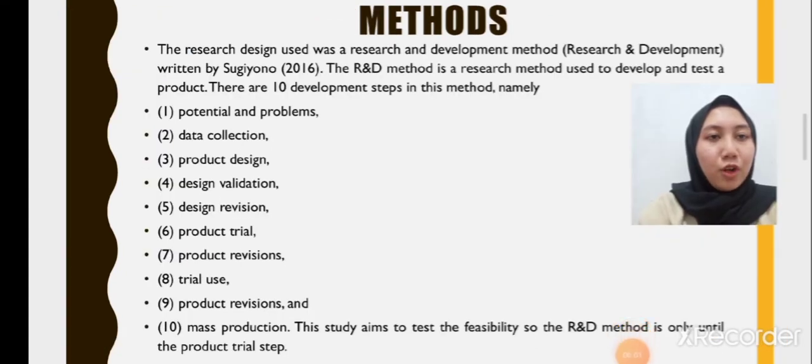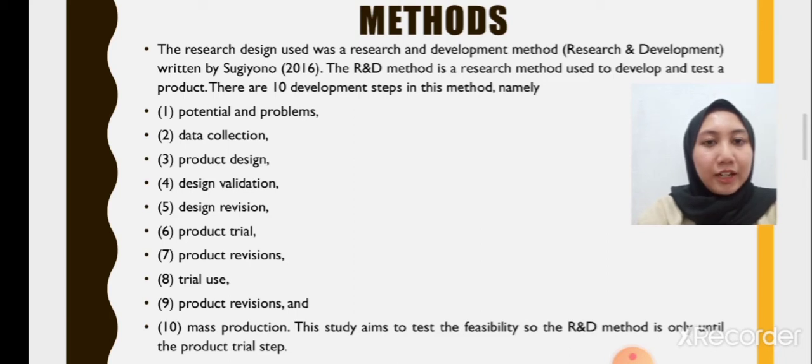The method of this journal: the research design used was a research and development method, written by Sugiyono. The R&D method is a research method used to develop and test a product. There are 10 development steps in this method, namely: first, potential and problem; second, data collection; third, product design; fourth, design validation; fifth, design revision; sixth,